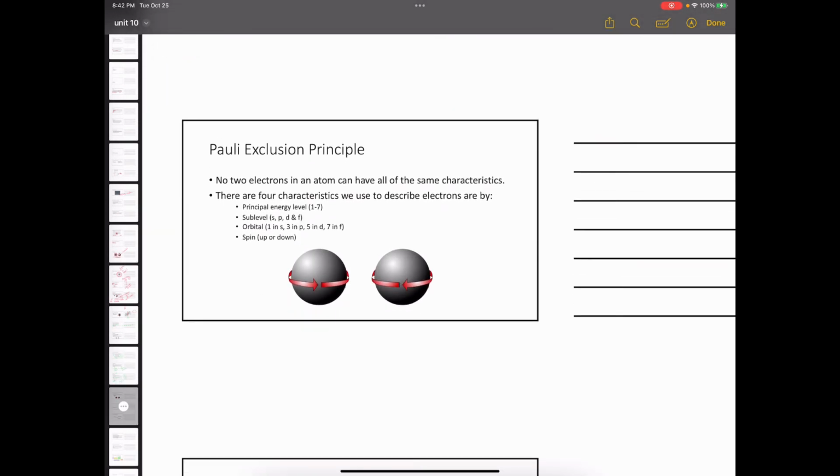One of the things that I would like you to consider and have an idea about is the Pauli exclusion principle. The Pauli exclusion principle states that no two electrons of an atom can have all the same characteristics. The electrons are so unique that no two electrons would have the same characteristics. What does that mean? That means you can't have two electrons, for example, in the helium atom that are both sitting on the 1s orbital, right? Because the helium